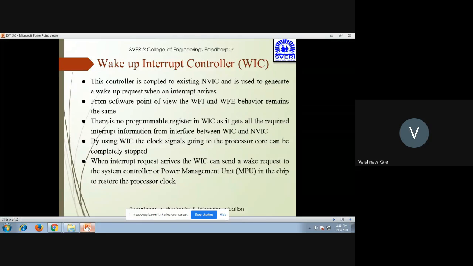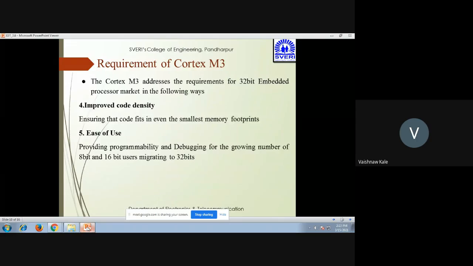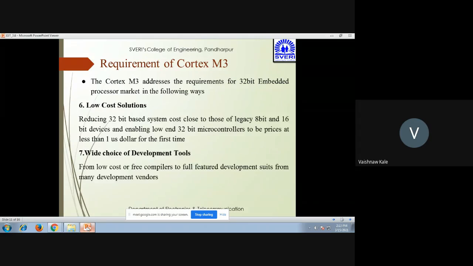When an interrupt request arrives, the WIC can send the request and restore the processor clock again. Then the requirements of Cortex M3: we have seen greater performance efficiency, low power consumption, enhanced determinism, improved code density, ease of use, low cost solutions, and a wide choice of development tools.